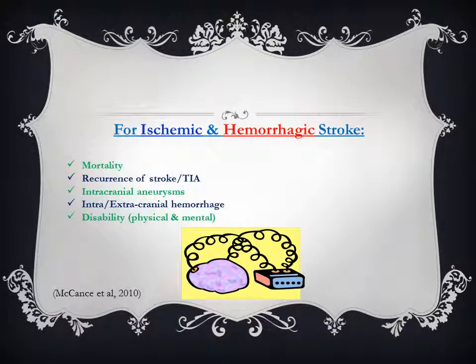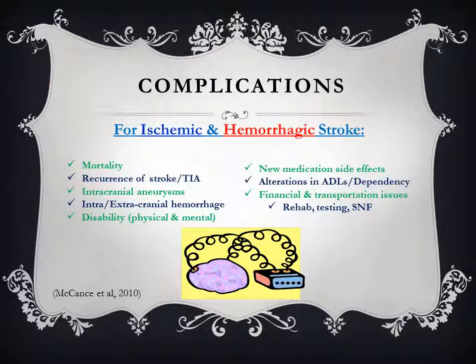And finally, complications for both ischemic and hemorrhagic stroke. Mortality can occur from any type of stroke, mostly within the first 6 months of onset. Reoccurrence of the stroke or a TIA, intracranial aneurysms, intracranial or extracranial hemorrhage, a disability from a physical or mental